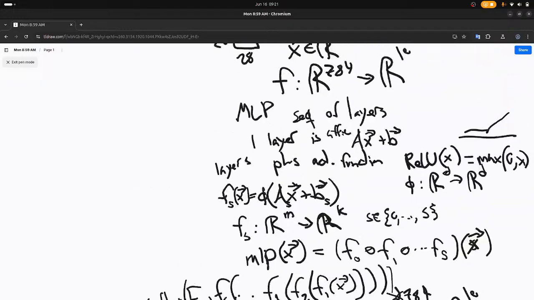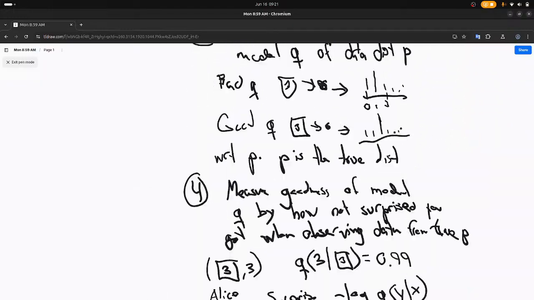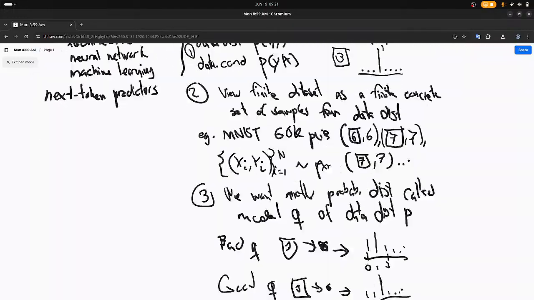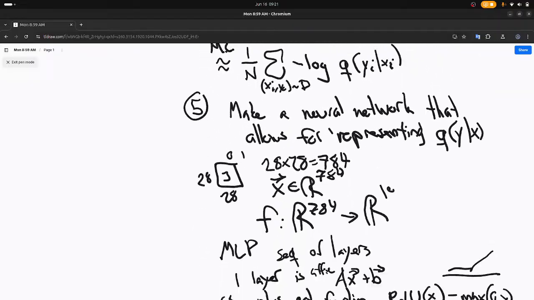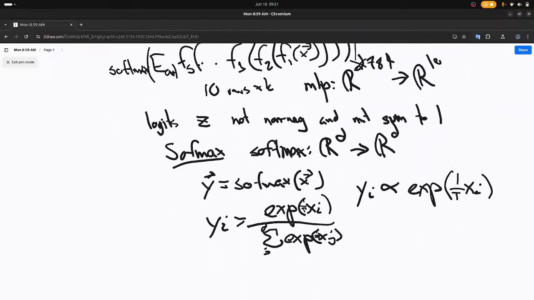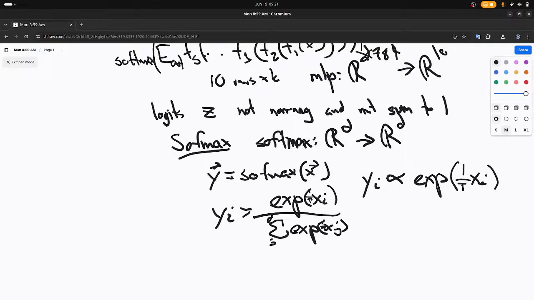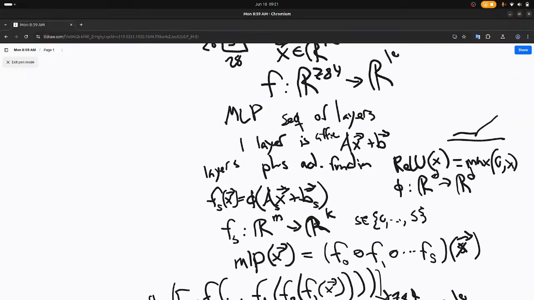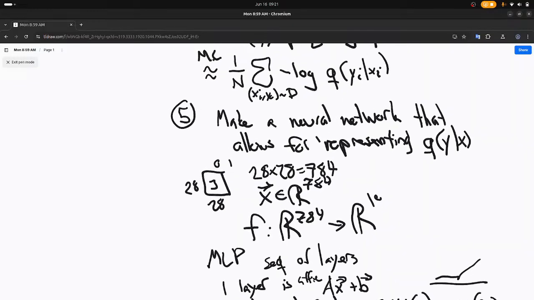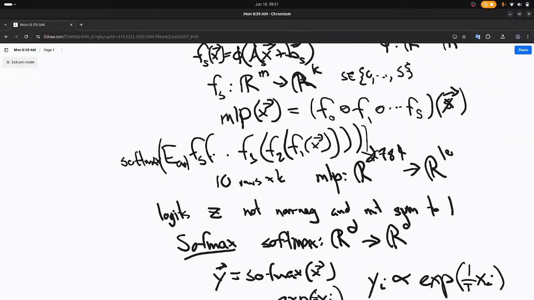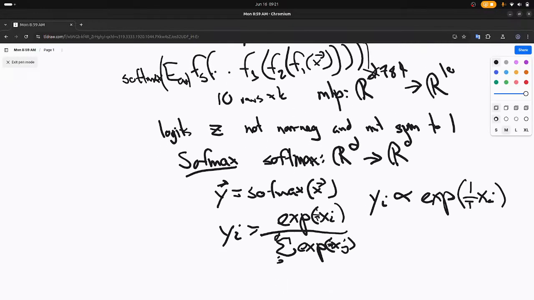So that was a bit of a long view of supervised learning, but this is the context we can use. So we make a neural network that can output a distribution, and